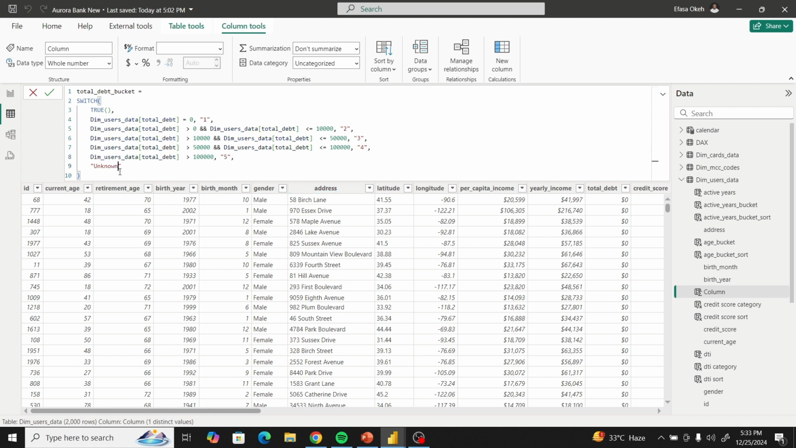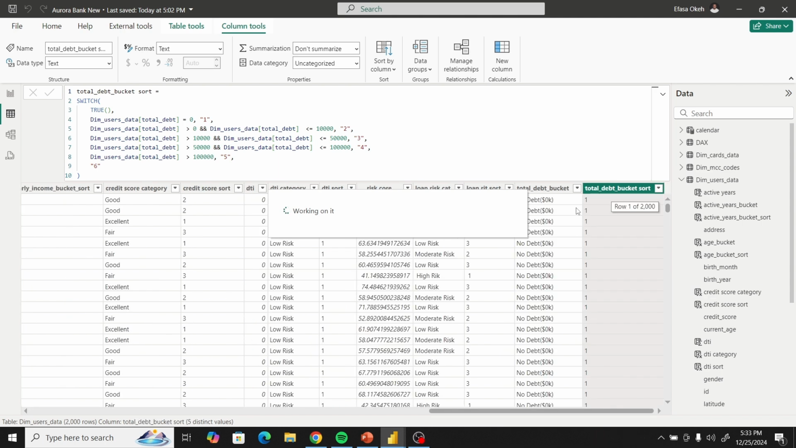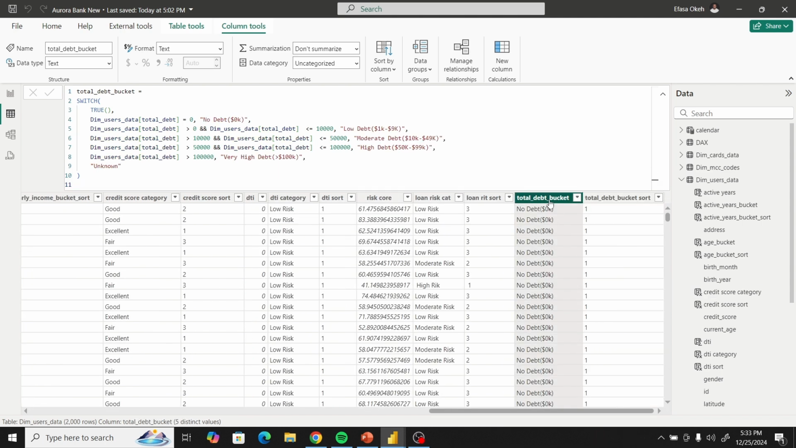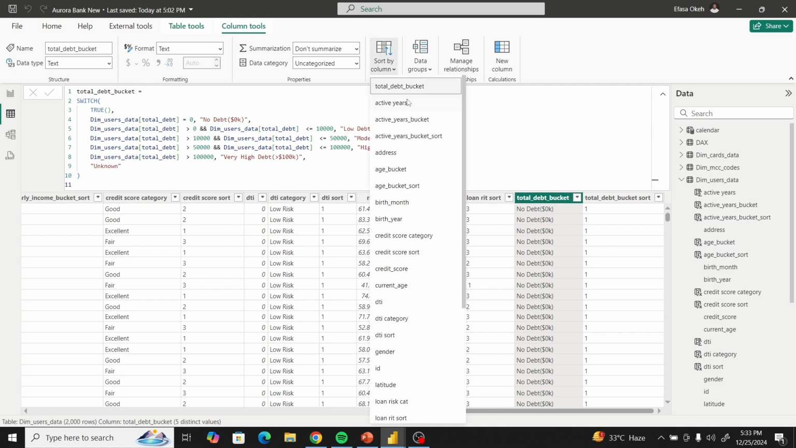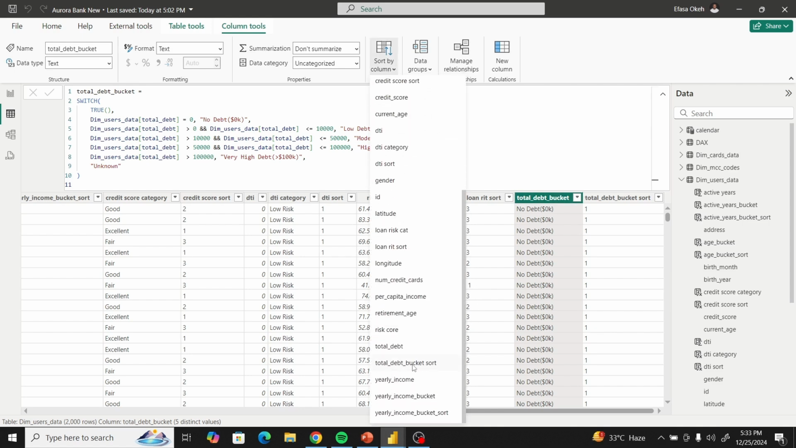And yeah, this can be 6, even though I'm not sure. So this is actually category, right? This is category. Not category, sort, please. Sort. I'm a bit carried away. So this is sort, and I'll just commit this, right? Great. So now I can select the total debt bucket and come to sort this using the total debt bucket